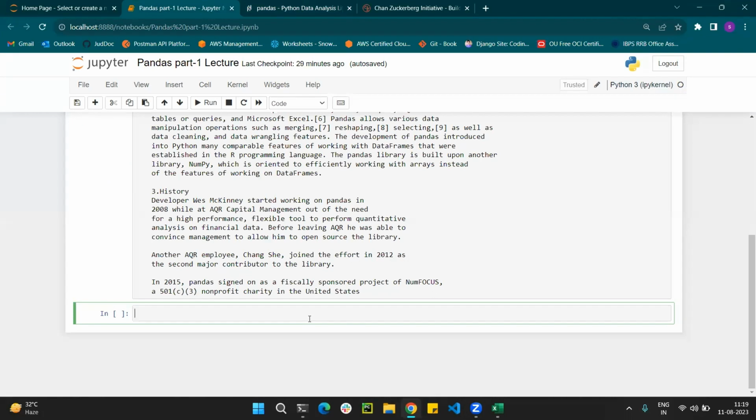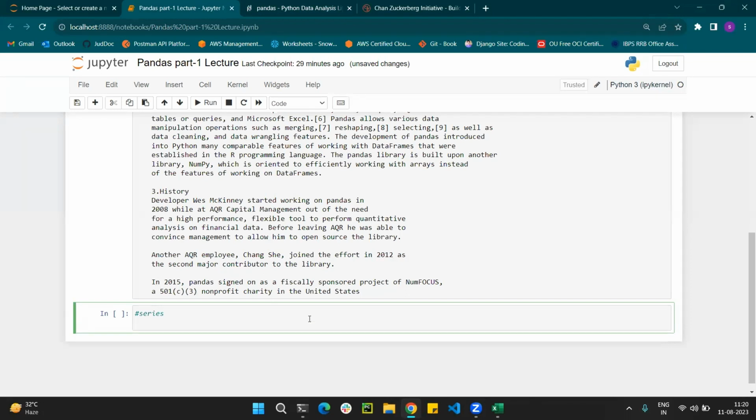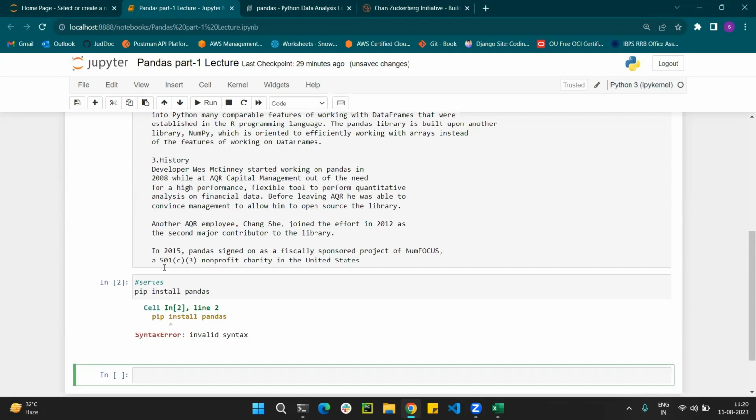So we are continuing with the Pandas example. Let me give you the Series in Pandas. Firstly, I will show you something. I just run pip install pandas.